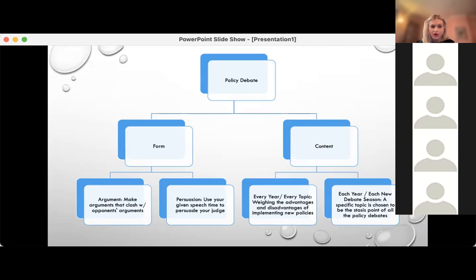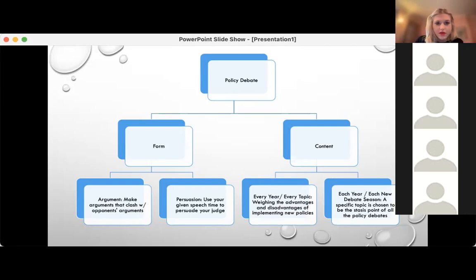So last year it was criminal justice reform for the high school topic. The college topic and the high school topic are different every year. And oftentimes the college and high school debate communities, since they interact with each other, will be getting education on each other's topic too, because high school debaters will watch college debate or college debaters will judge high school debate. But each new debate season, we get a new topic. And that topic frames our discussions and how we approach and research our arguments for that year.